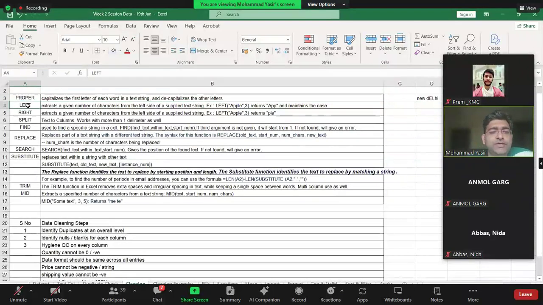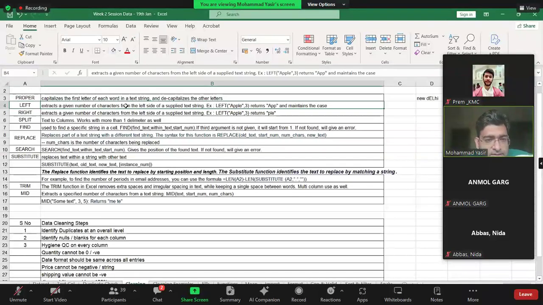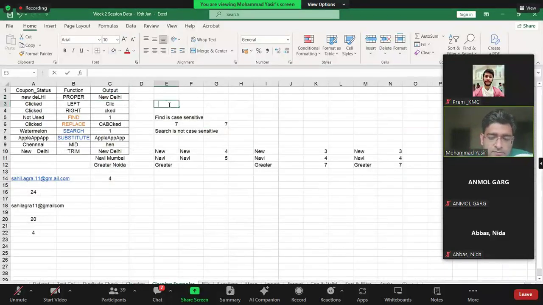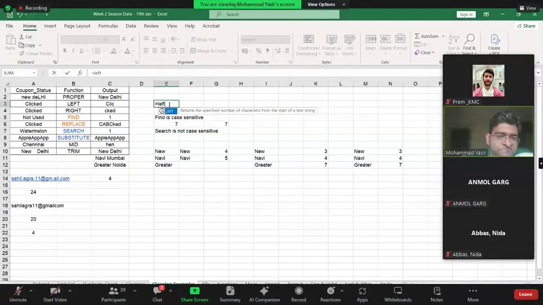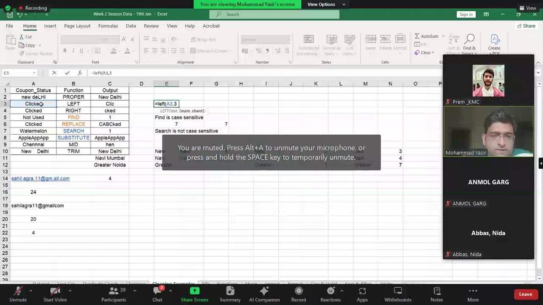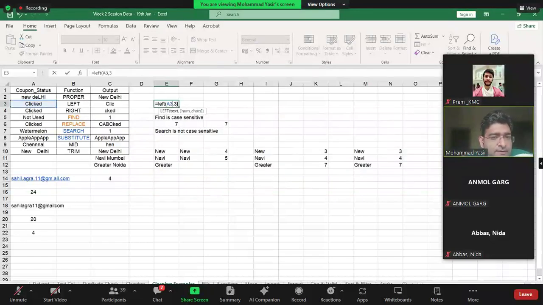Now we will come to LEFT. LEFT extracts a given number of characters from the left side of the string. Right? So as an example, LEFT. Beautiful, beautiful. So I will give the input string and I will give the number of characters I want to extract.